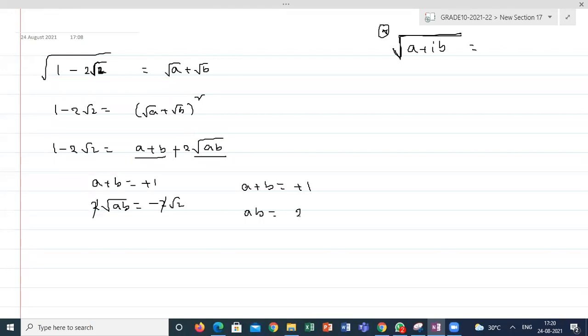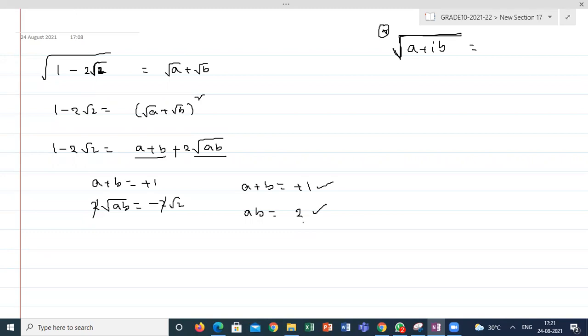Students? 2. Is there any possibility, with the help of two unknowns and two conditions, to calculate the a comma b value from this? If I am able to calculate the a comma b value, my job is done here. How to calculate the a comma b value from these two equations?